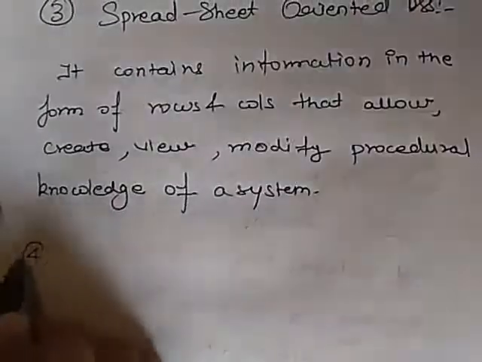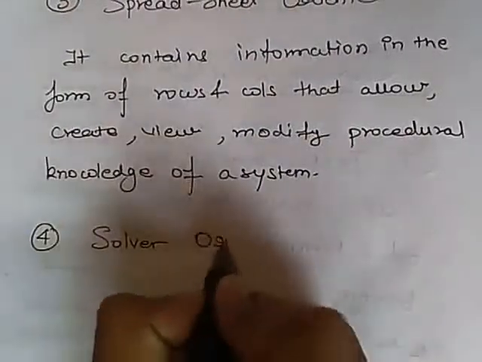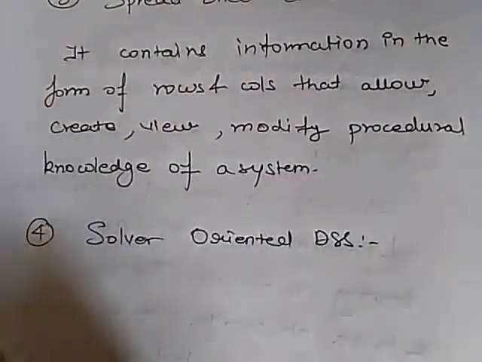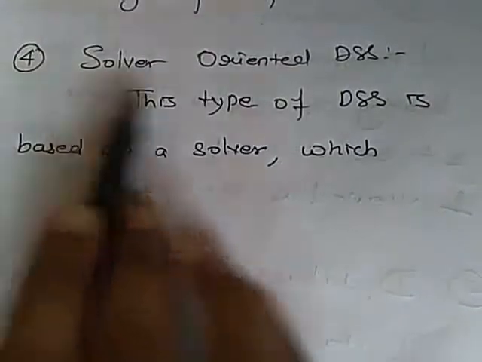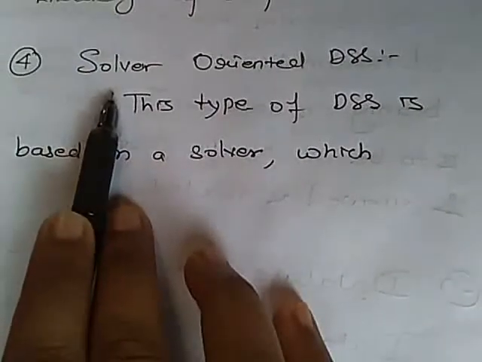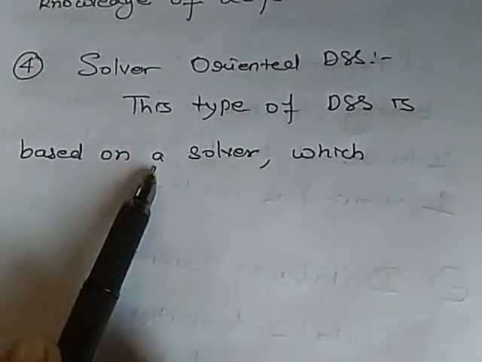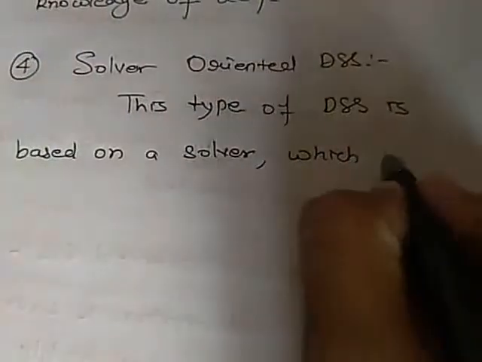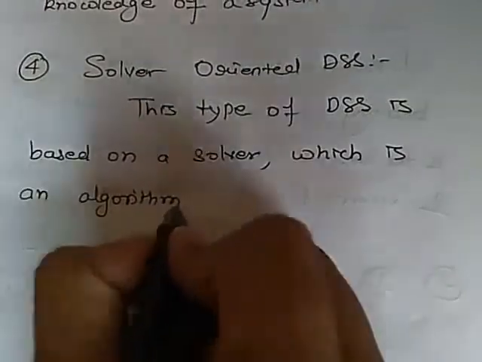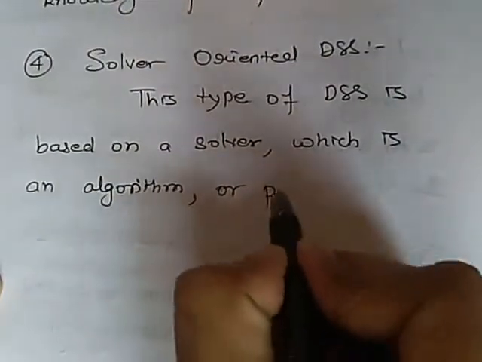Now the fourth we have is solver oriented decision support system. As the name suggests, this type of DSS provides solutions. This type of DSS is based on a solver, which is an algorithm, or we can say a pseudocode or procedure